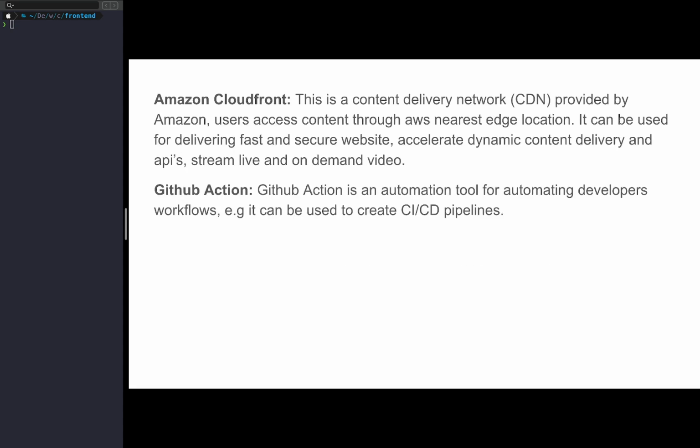Next, we have CloudFront. CloudFront is Amazon's content delivery network. It provides a much faster way to deliver assets. This can be video on demand videos. It has caching abilities and it makes use of AWS nearest edge location. So when users are requesting your web page, they get results from their nearest edge location. So this greatly reduces latency and makes your website faster. And CloudFront supports HTTP1, HTTP2, and it's one of the most common ways to deploy front-end assets, your website,